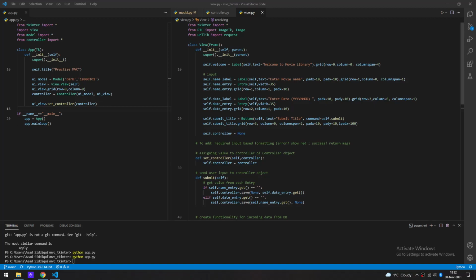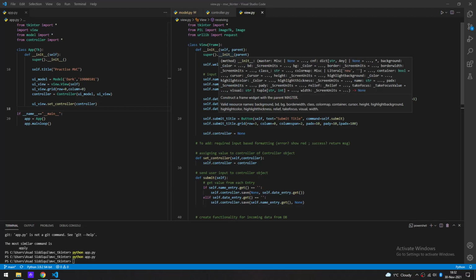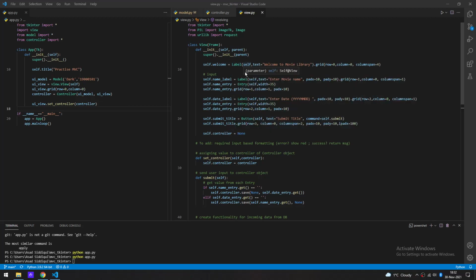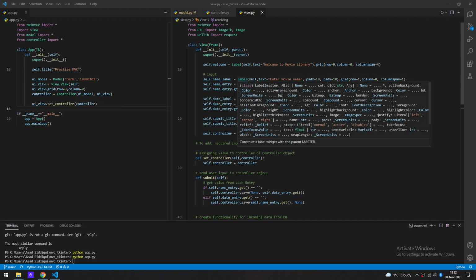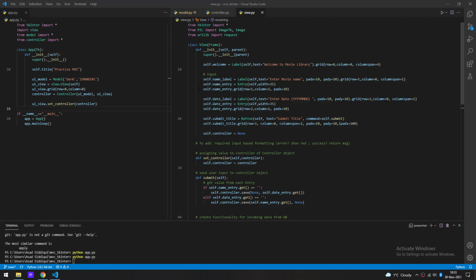So in view, we are essentially making the GUI, right? And in that we're using Tkinter to put up a label for the top header, then the two entries for entry name and for the date, as well as their labels, and a button over here which has a command for self submit. And then lastly, we have controller, which is another attribute, which is set initially to None. We can also see that in the view object, we are inheriting from the Frame class,